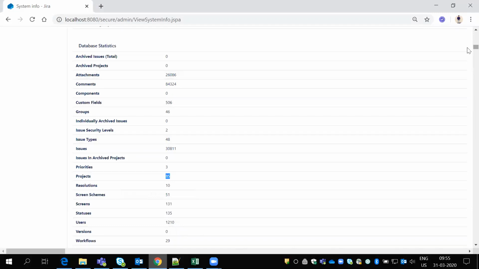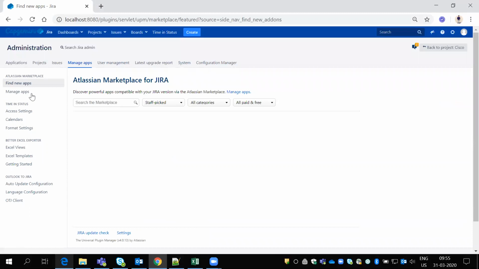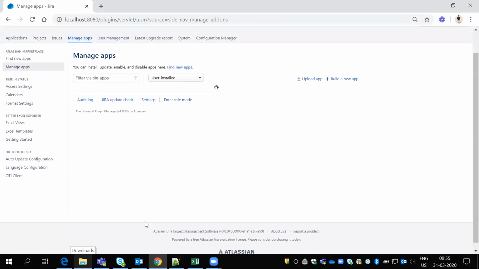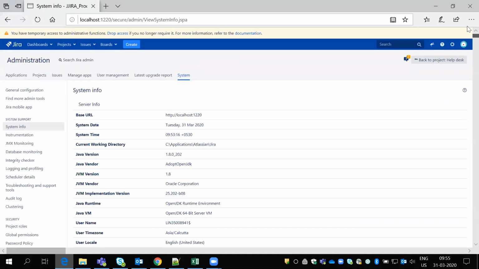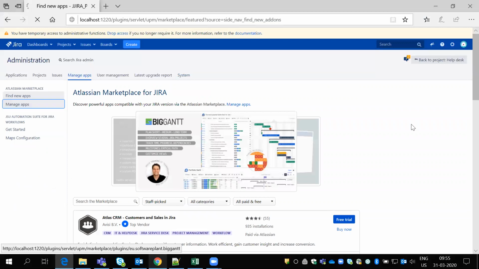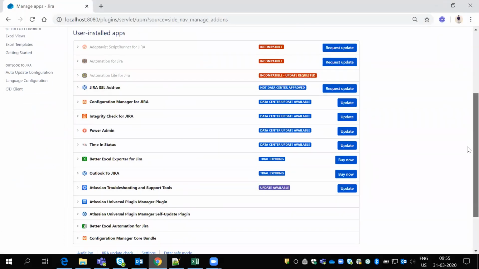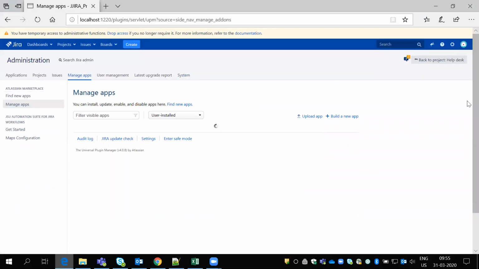Suppose I'm using some plugins as well. If I click on Manage apps here, I'm using many add-ons, but in 1220 I'm not using any add-ons.